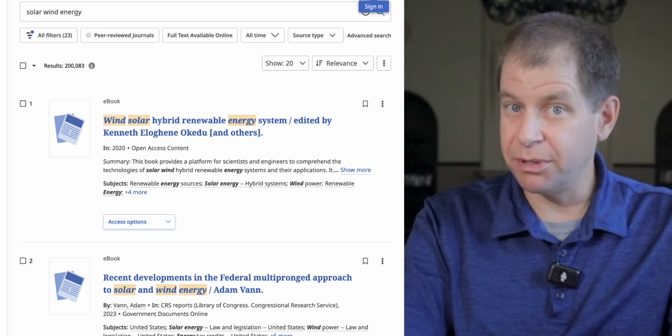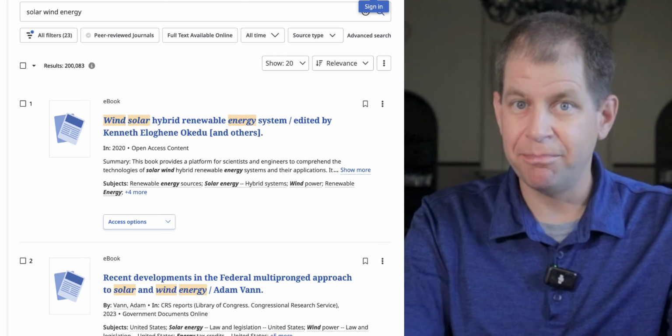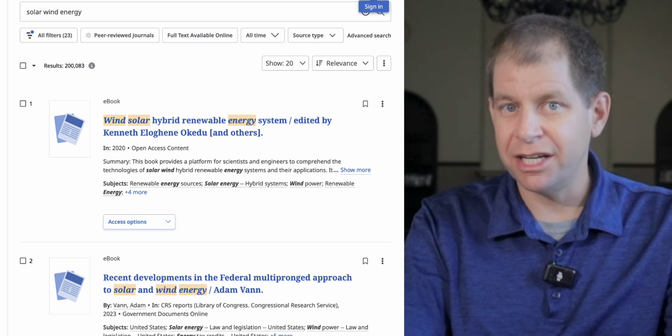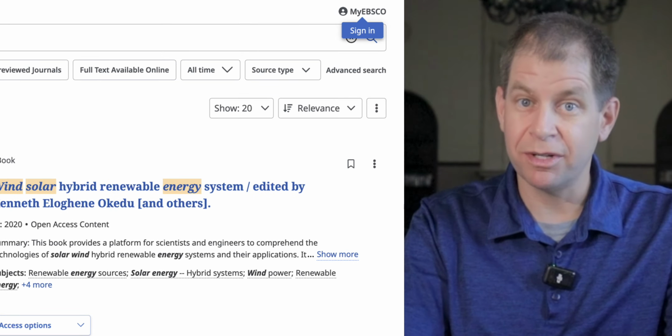It's good that there's so much information available related to the keywords solar, wind, energy, but also a bit overwhelming for me as a researcher. I'd like to narrow things down so the search system only looks for items that contain those keywords in their